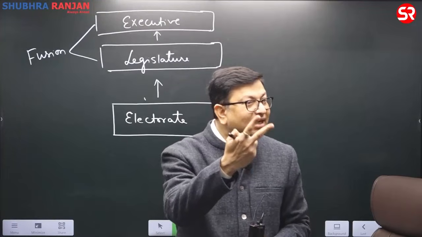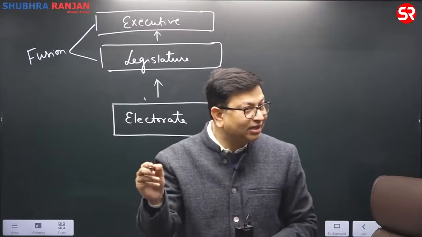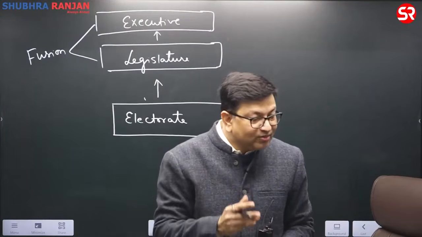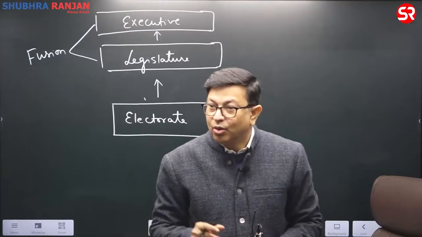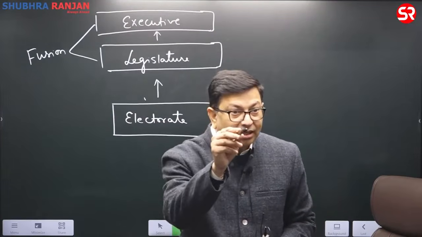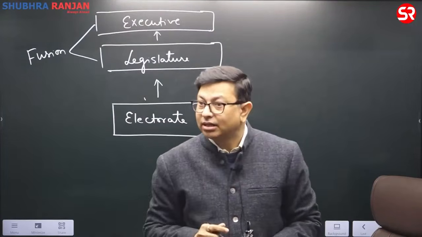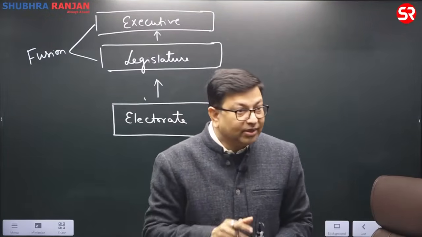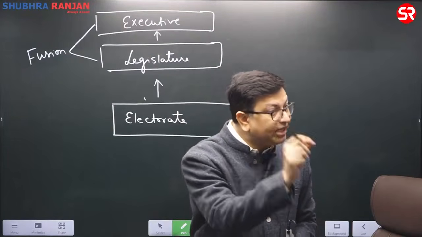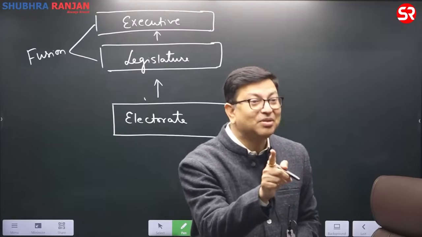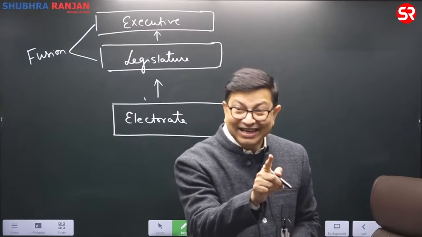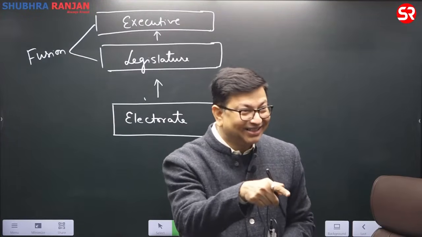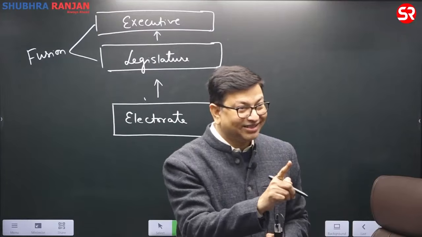क्योंकि आजकल क्या है, 2 statements are there. How many statements are correct? Only one. और उसमें स्टूडेंट्स क्या करते हैं? Only one को सोचते हैं, अच्छा one only. It is a human error that I have seen. You may be knowing the answer, but when you read it, you must be very careful. How many statements are correct? Which one of the following is correct? So you should be very cautious.